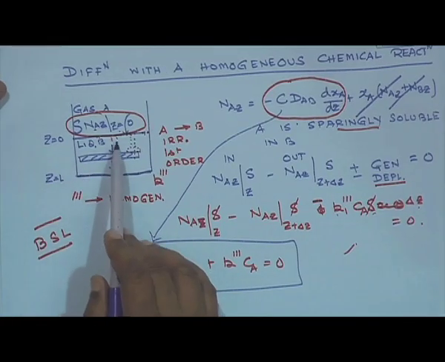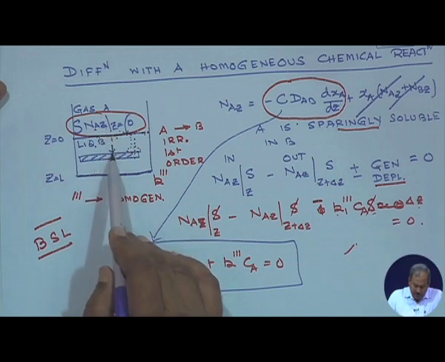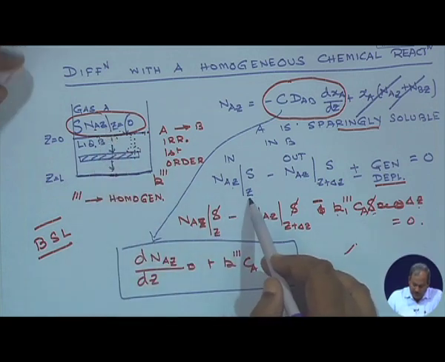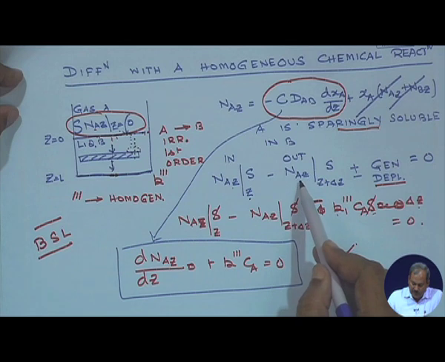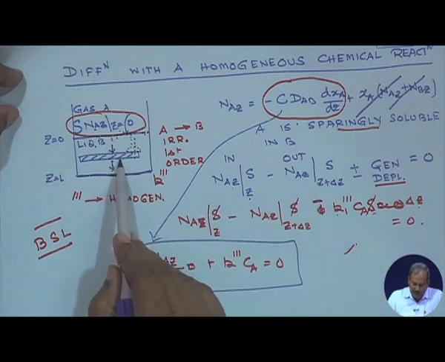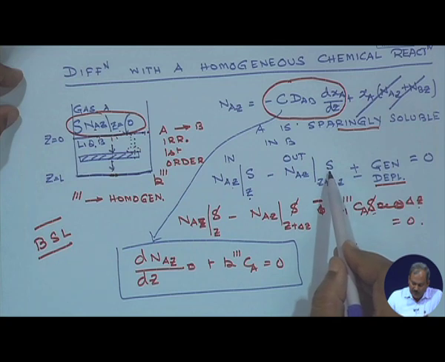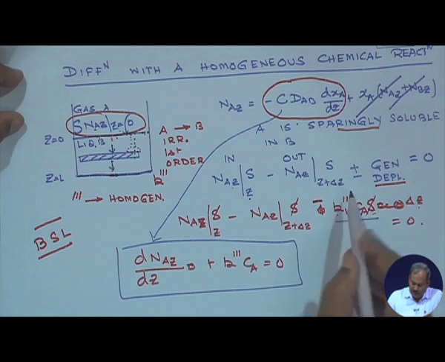And we assumed the order of the reaction. The amount of A that comes in was N_A, which is the molar flux, multiplied by S, where S is the cross sectional area of the assumed shell. So, this is what we have done in that class. The amount of A which comes in, which is N_AZ evaluated at some location Z, times S, minus the flux evaluated at the other end of the assumed slab, multiplied by the same cross sectional area, plus or minus generation or depletion, and the depletion term was simply K1.